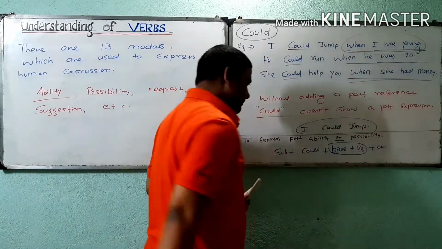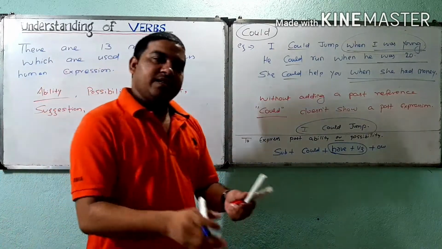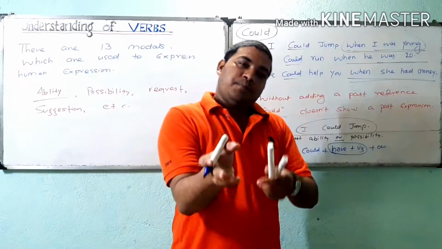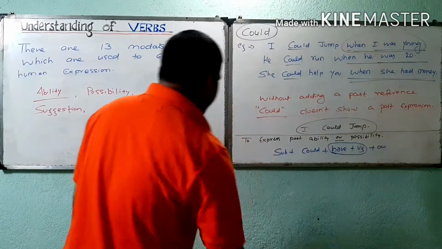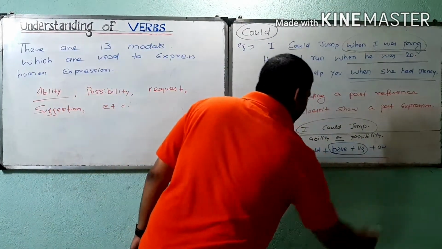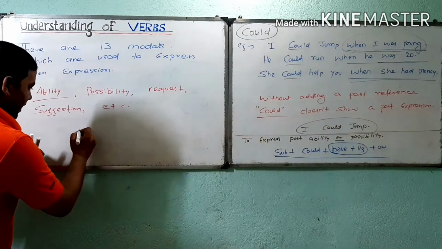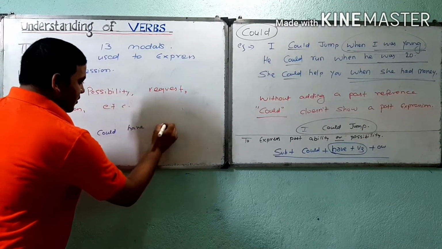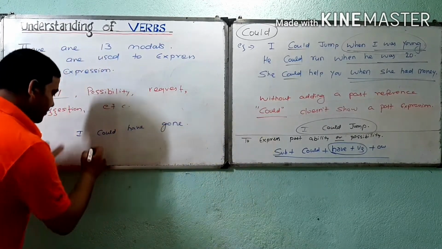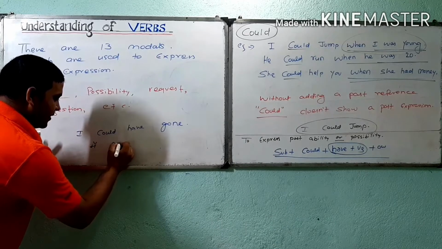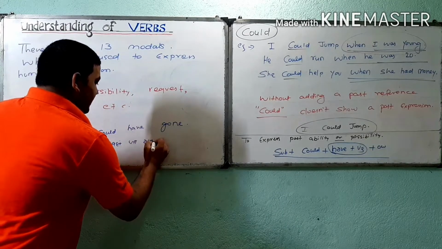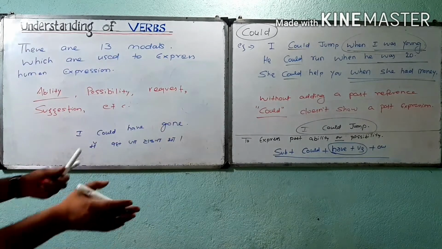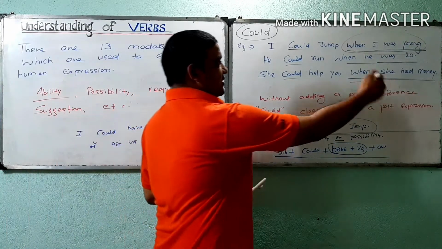Let's take another word here. Now, if you make any example on the basis of this particular structure, it will express a past expression. Let's have an example here. Subject could have plus V3. I could have gone. मैं वहां जा सकता था. So guys, you can see it very clearly that I am not using any past reference